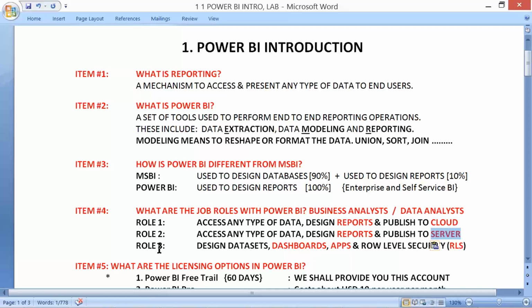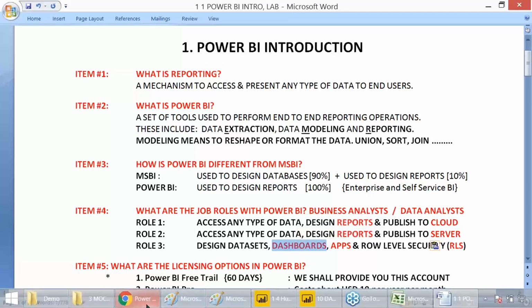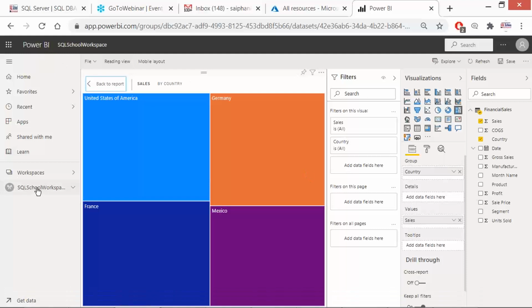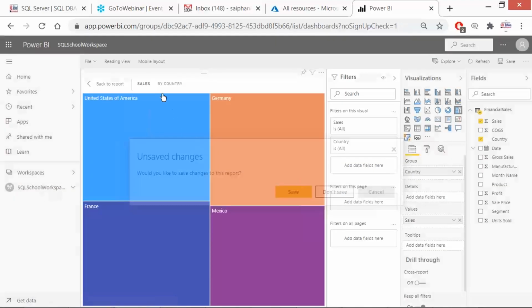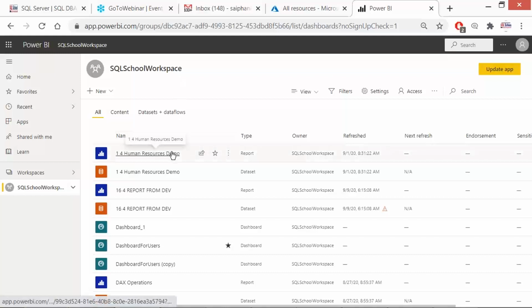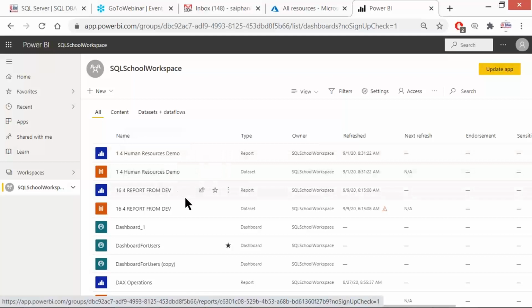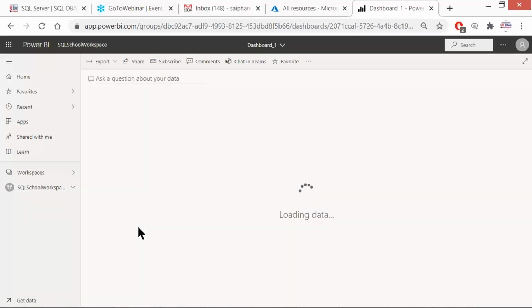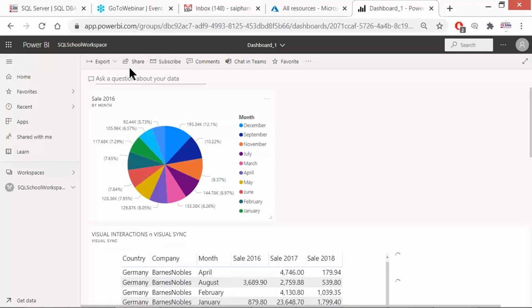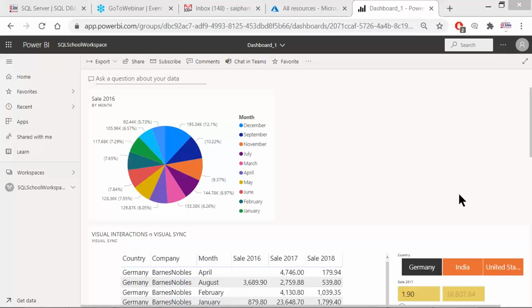And the job role 3: we design data sets so that end users can generate their own reports, which is possible only in cloud, and dashboards, wherein we can mix multiple reports and give them additional add-ons, for example adding some Vimeo or YouTube videos or images or something else like REST APIs, etc. We can define dashboards, make them more live, and share them over social media as and when required. It depends.